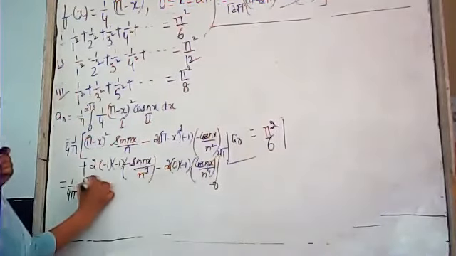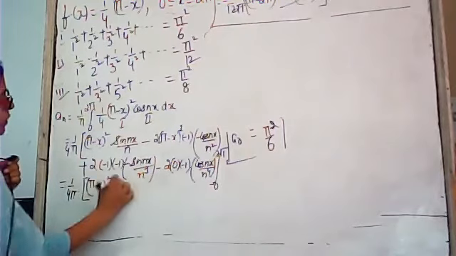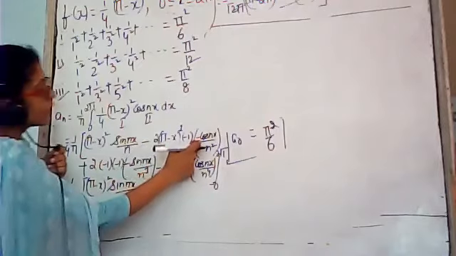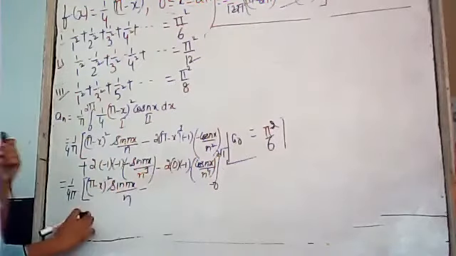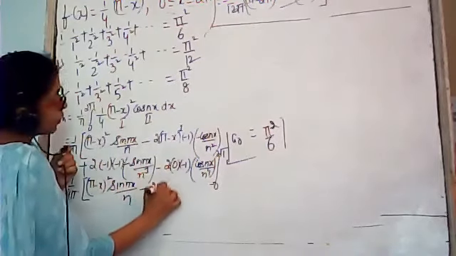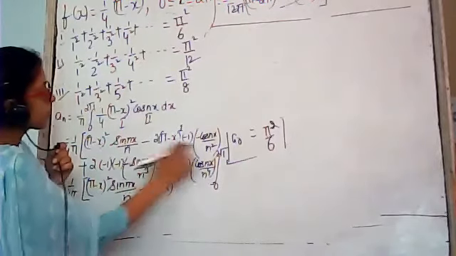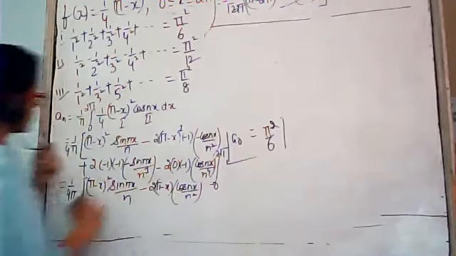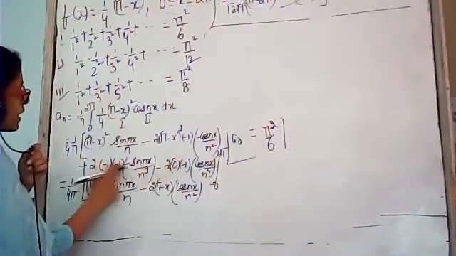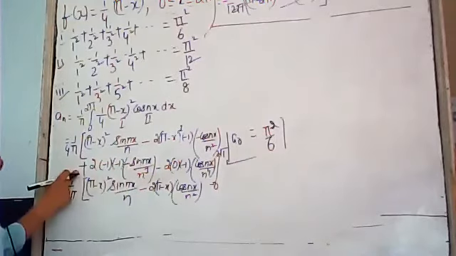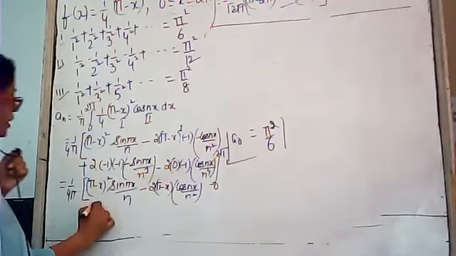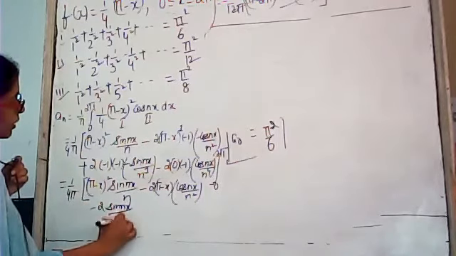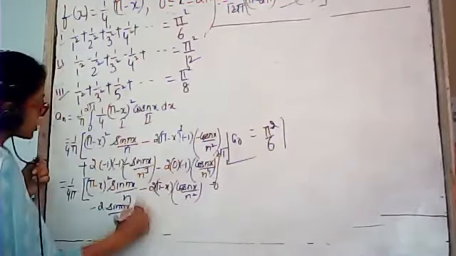Again, this is equal to (pi minus x) the whole square into sine nx upon n, minus, and this minus, three times minus, it will be equal to again minus sine 2 into (pi minus x), then it will be equal to cos nx upon n square, minus or minus, again three times minus, outside it is a positive sign. It will again become minus 2 into sine nx upon n cube, and this term will become 0.